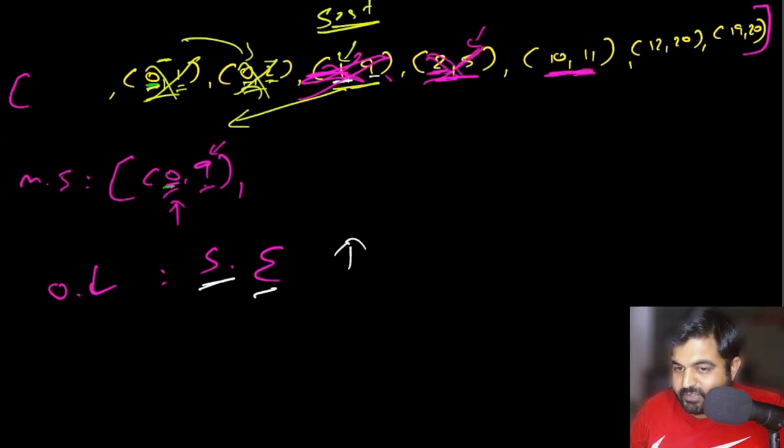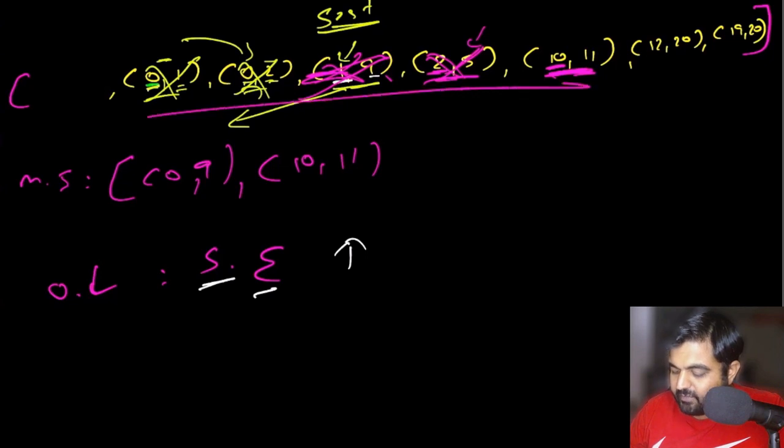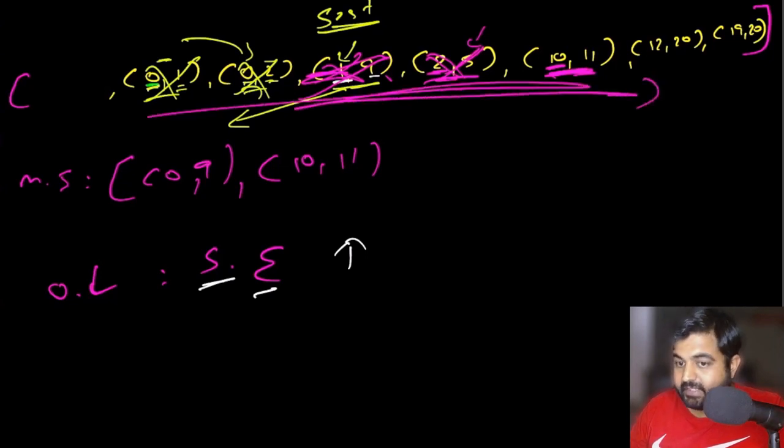For this next position, the starting value is 10. 10 is greater than the ending value of this previous interval, which means there is no overlap. Because there is no overlap, we would be able to add this 10 and 11 as it is. Now after adding 10 and 11, we are no longer going to compare with this 0 and 9, because we already found that 0 and 9 are located at the correct position due to the sorting property of original input that we have modified.